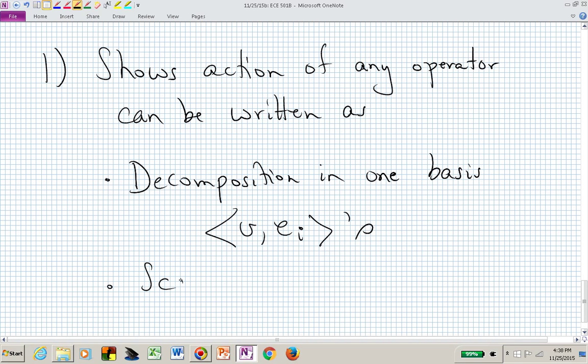Then we are going to scale those weightings of each of those components with our singular values, S sub i, so scaling of each component